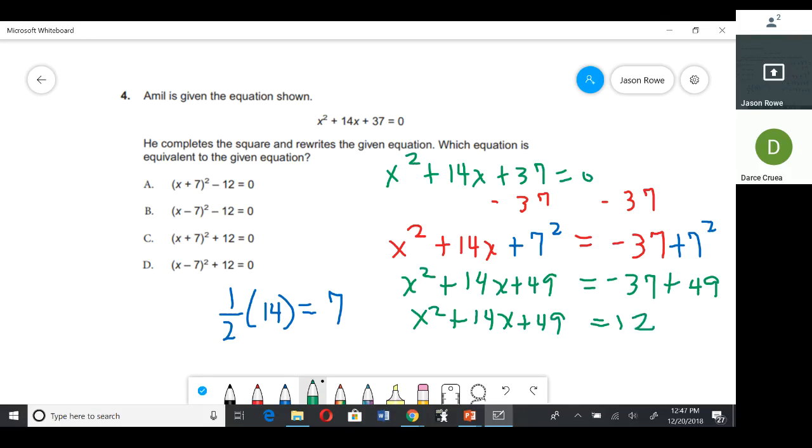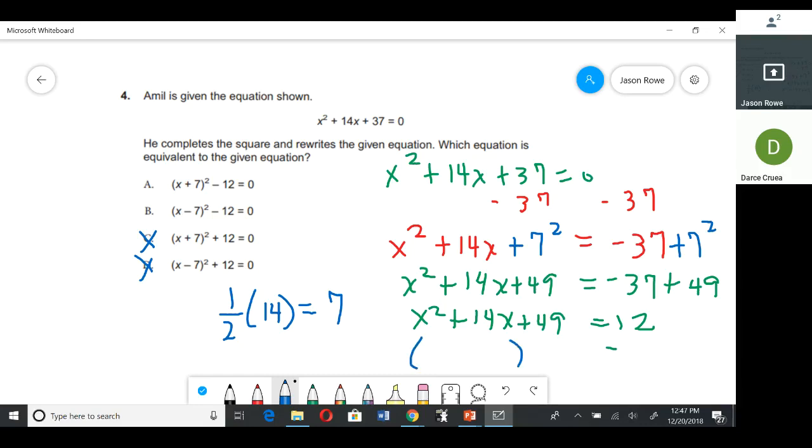And if we go and try to use our little tricks here, what's a couple of tricks we can use here, Ms. Cruey? Well, if we want it equal to 0, we would have to subtract the 12 from both sides. We don't even have to do all that step yet, but you can eliminate C and D because 12 is added. And when we subtract from both sides, we're going to have either A or B as our choice. And then we need to factor